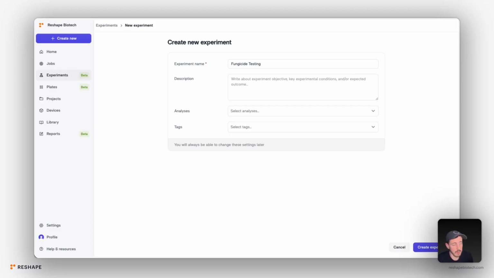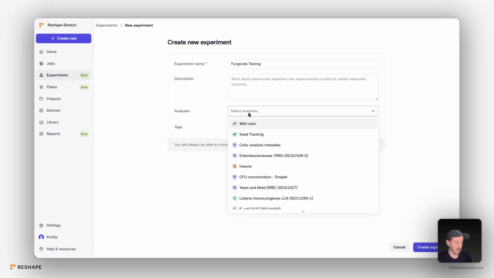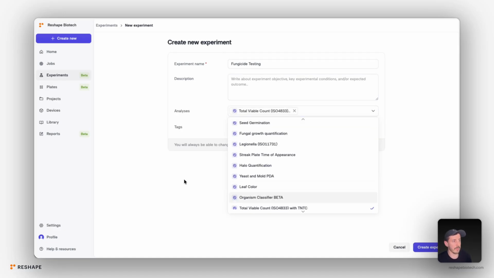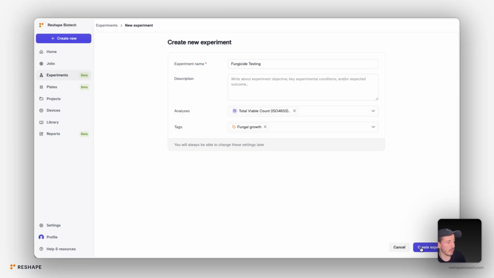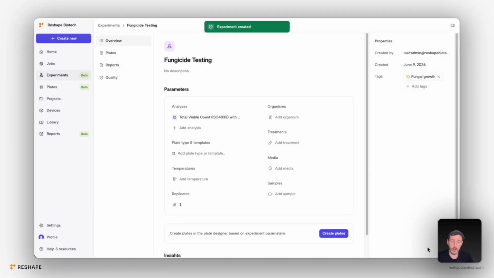That brings you to this screen right here. I already put in a name. You can also add a description, choose an analysis, and add a tag. So for this experiment, I thought we could test whether two Baker's yeast strains survive a specific fungicide at different concentrations. So I'm going to hit Create Experiment, and then I'm going to add all of this context into the